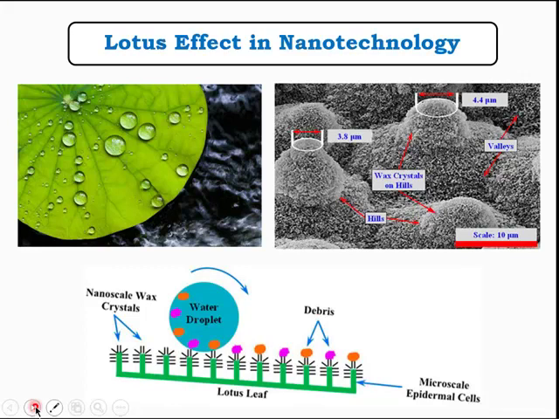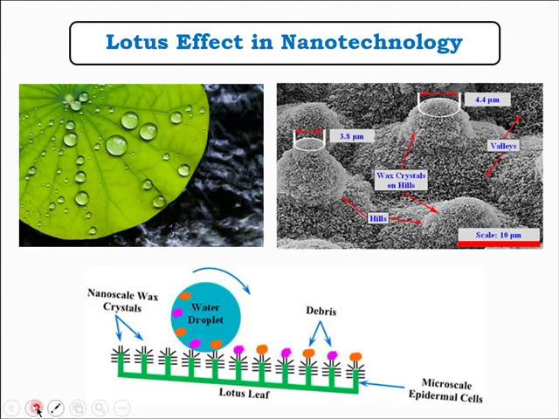The researchers took a scanning electron microscope image of the lotus leaf, and they found that the nanoscale wax crystals help the water droplet remain buoyant, roll down and collect the debris before descending from the leaf. That is a very important phenomenon observed by the scientists, and you will be surprised to know